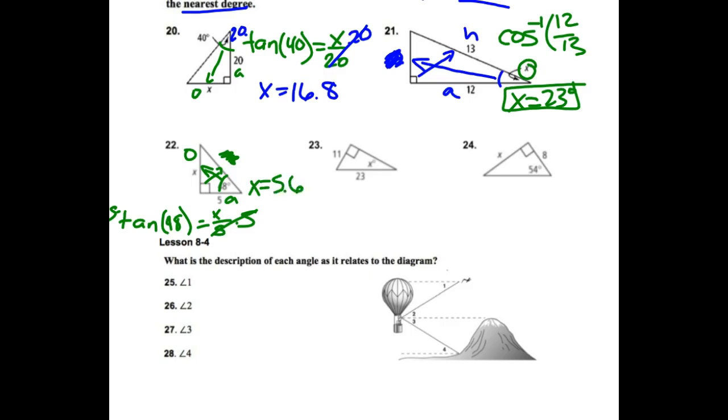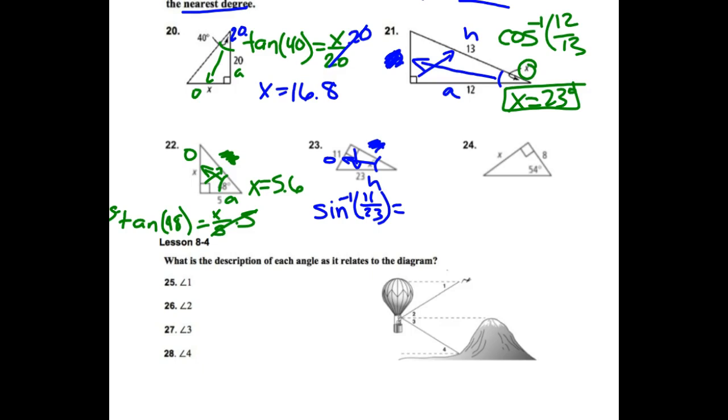Taking a look at the next one, I'm marking my angle, I'm labeling my parts, opposite, hypotenuse, adjacent, nothing on the adjacent, so I'm not using it. O and H is sine. This time I'm looking for my angle measure, so it's sine inverse. It's the opposite side over the hypotenuse side because of SOH. And then I go to my calculator,